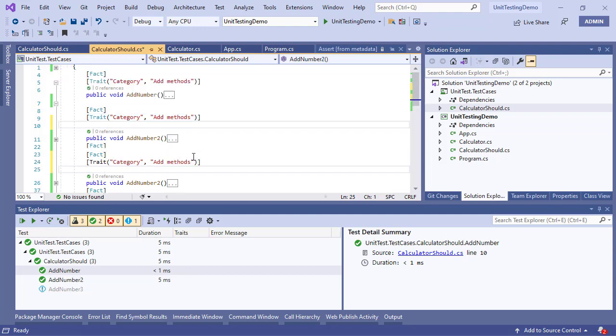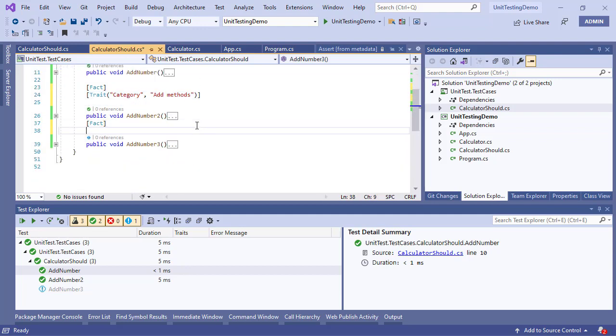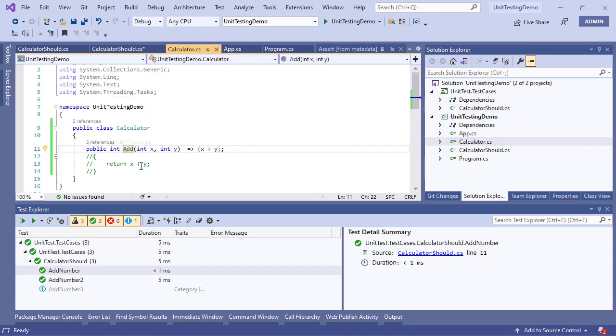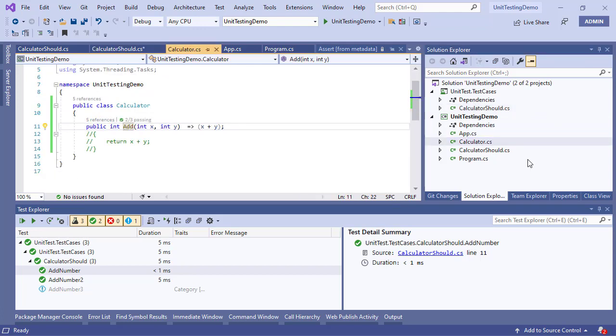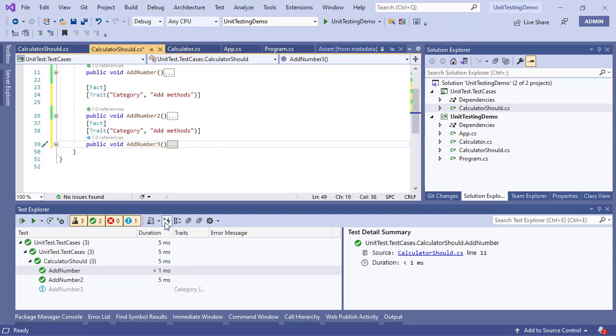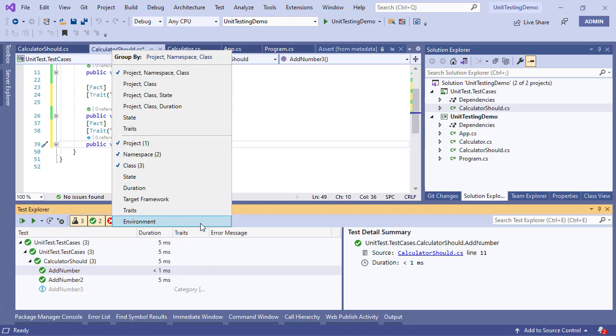So I can come here and then say this one is testing an add function, this one is testing an add method, because we are probably hoping that in the future, as we complete the calculator functionality, we're going to add the subtract, multiply, and divide functions as well. If you only want to test the add functionality, you would want to have some form of category in these test cases, and there is a little icon in the test explorer which is group by, and if I click on this group by icon here, it is going to give me